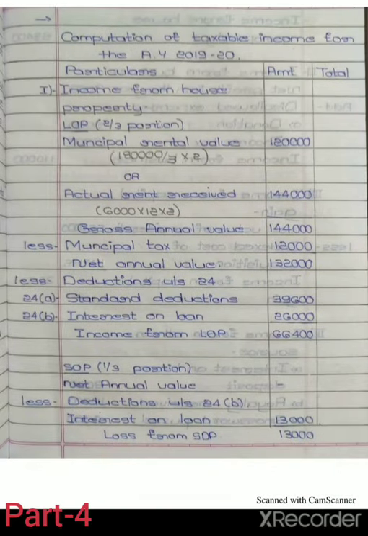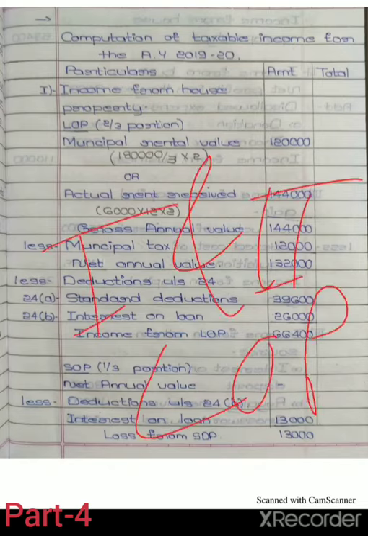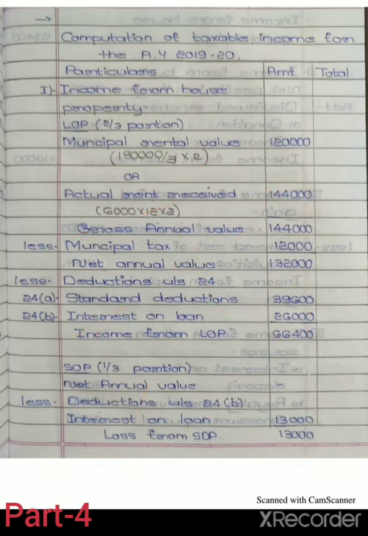Now the solutions. So in this 2015 question paper, the first information relates to house property. So in the entire house, first and second units are LOP and the third unit is SOP. So income from house property LOP, 2/3 portion is LOP. Municipal rental value 1,80,000, which is for the entire house. So LOP portion, 2/3 portion only, means 1,20,000 is the municipal rental value in case of LOP, or actual rent